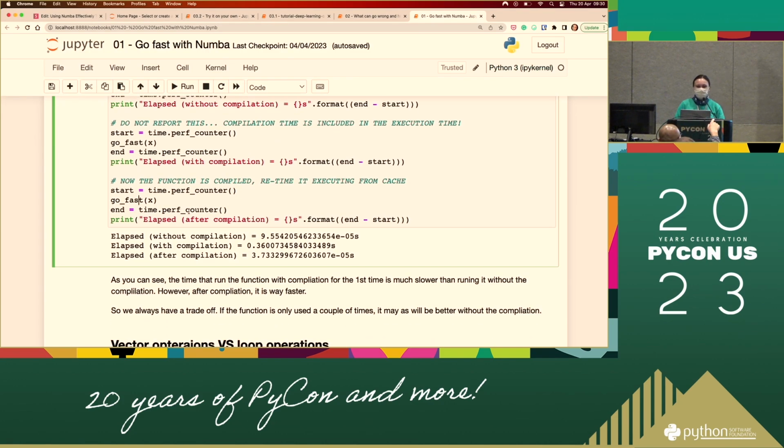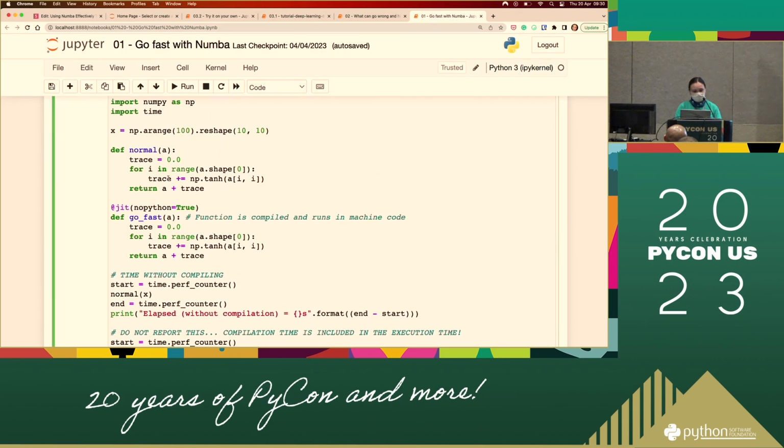Yes? So if this is compiled in a certain scope, does it apply outside of that scope? Use the function again, or is it only that? No, it's only that bit. So that's why you have to wrap the bit that you want to speed up in a function and then apply a decorator to it. For those of you who are maybe new to decorators, this @ thing takes what it decorates, which is a function, and then modifies it, right?